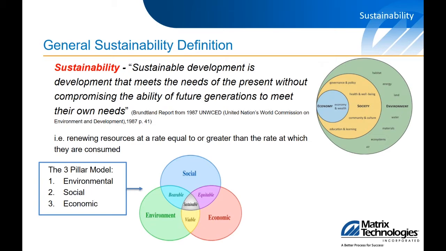And then there are several models. There's the three-pillar model, which there's a couple ways to represent that, which I've shown there on the screen, where you look at your social, environmental, and economic. These are all great topics. These are great things we need to know, but we live in an industrial environment, and how does that apply to us?